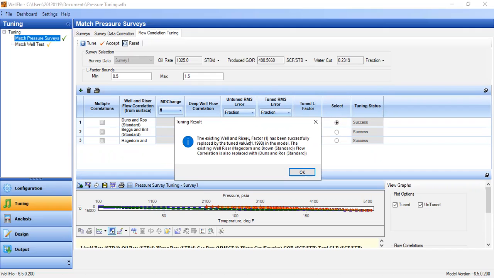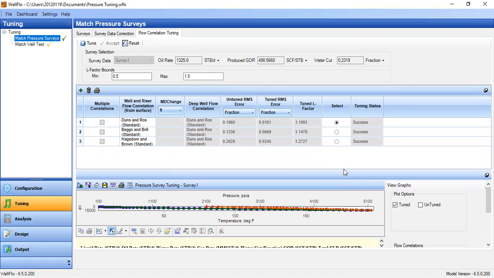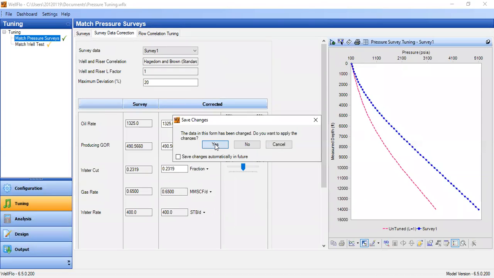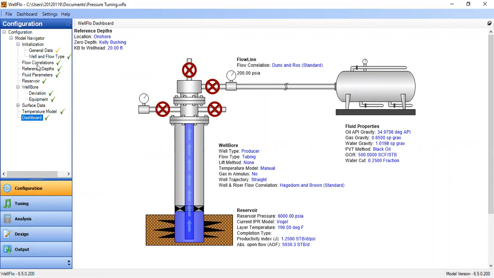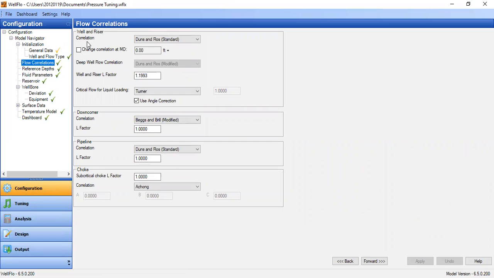The existing well and riser L factor, which is 1 previously, has been successfully replaced by the tuned value, which is 1.1993 in the model. The existing well riser, which is actually previously Hagedorn and Brown standard, flow correlation is also replaced with Duns and Ross standard. All right, so far so good. So we press OK. Okay, you can see again. Yes. Okay, you can leave it as it is. And let's see, in configuration, go to flow correlations. Now you can see the correlation has been adjusted to Duns and Ross standard with this corresponding L factor. All right, so far so good. Now we can perform nodal analysis. In this analysis section,